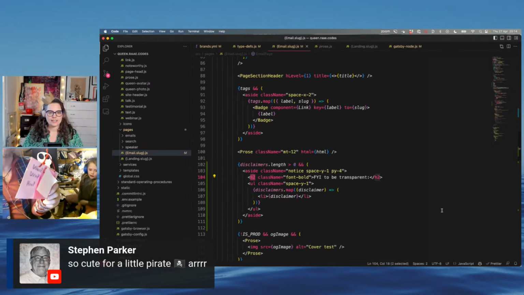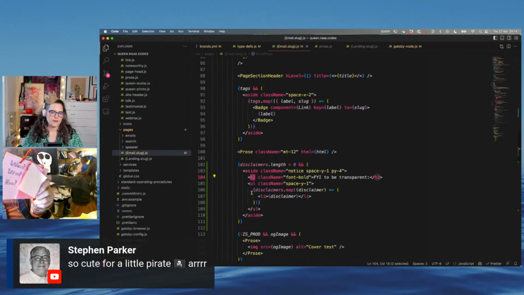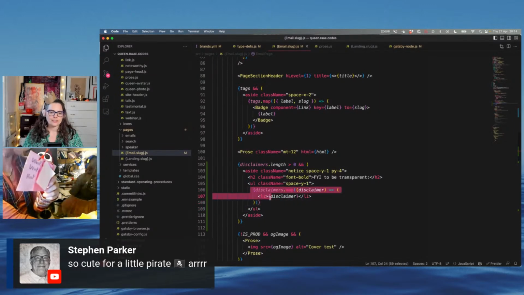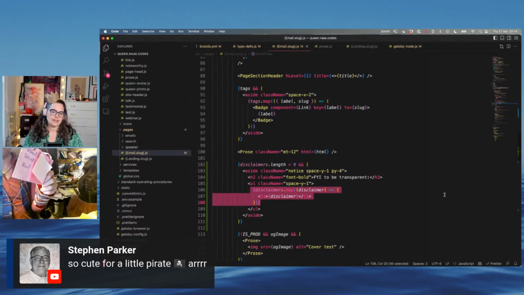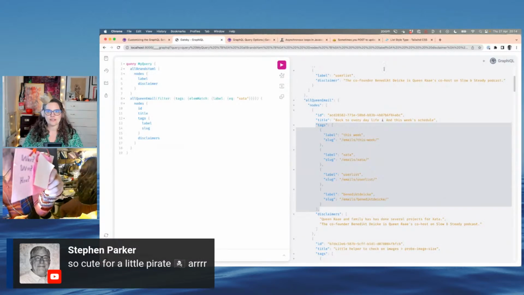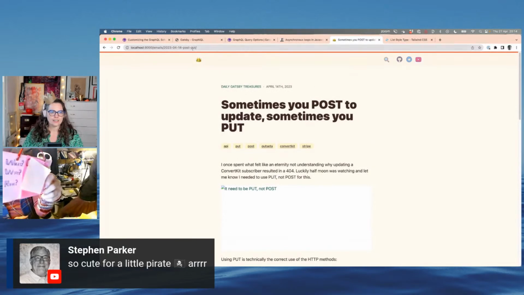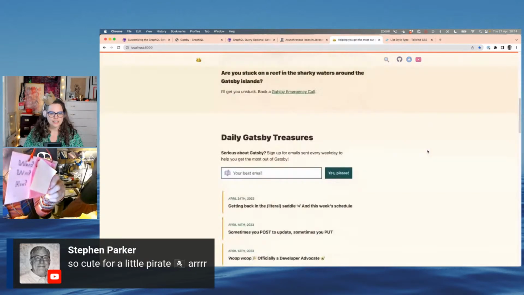We'll give it a title of "FYI to be transparent." Then we create a list. We use an HTML list tag or element. And then we loop through our disclaimers and create a list element for each of them. That was the how. That was the how. And that results in something that looks like this one,